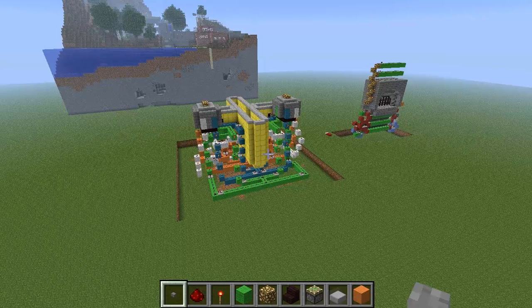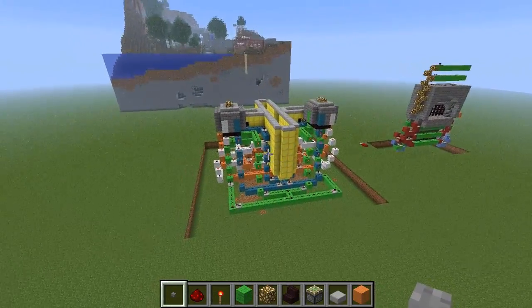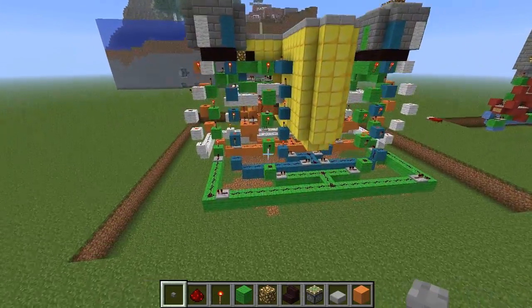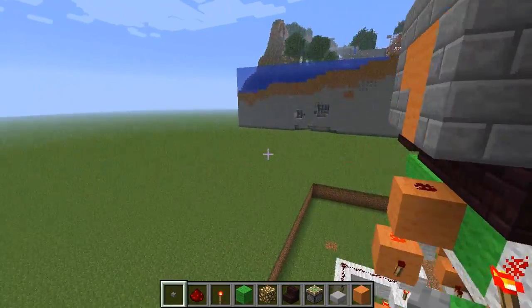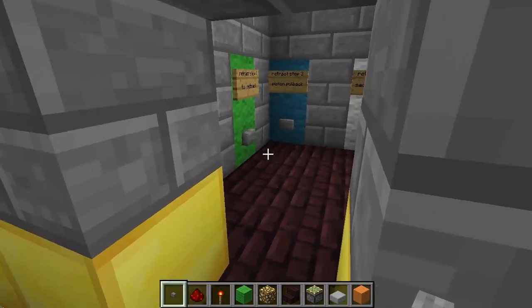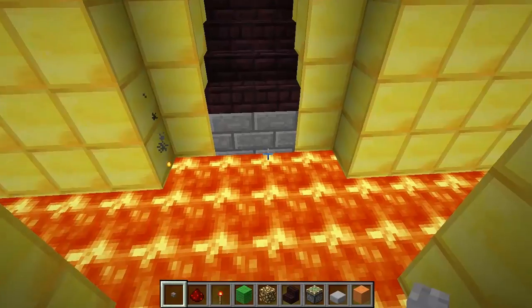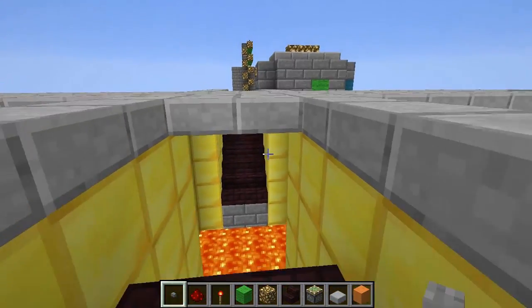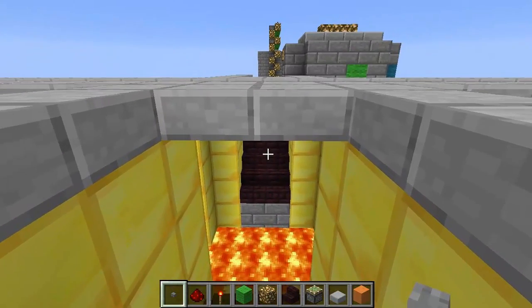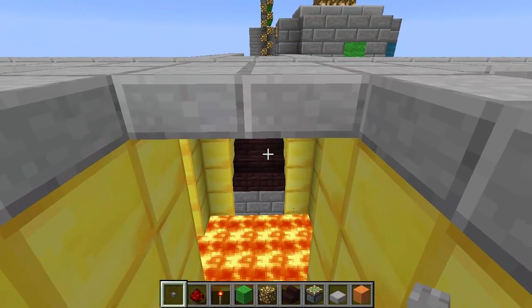Hello guys, it's Took here, and today I'm gonna do a redstone tutorial about this thing here. It's a piston based drawbridge that I did design, and as you can see you cannot cross this lava moat here. It used to be possible to jump over it if you ran down the stairs and jumped at exactly